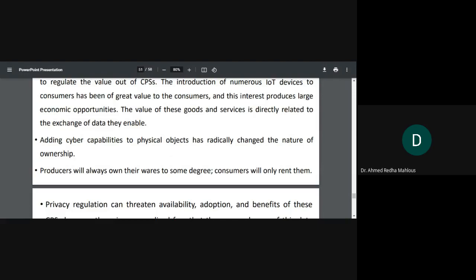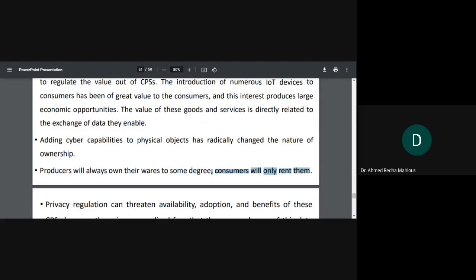Another challenge relates to the complexity of privacy regulation. With cyber physical objects, some organizations have changed the way those CPS devices work. Here we say that producers will always own their wares to some degree, and the consumers will only rent them. What is meant by that? Let's pick up an example. For instance, I think Rolls-Royce